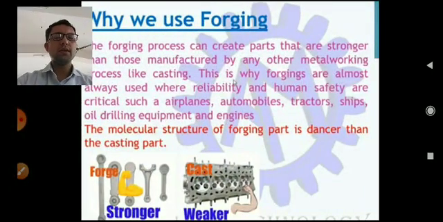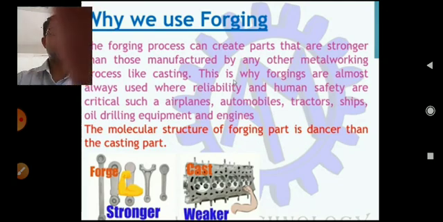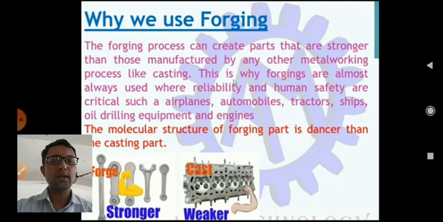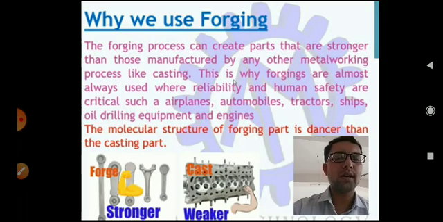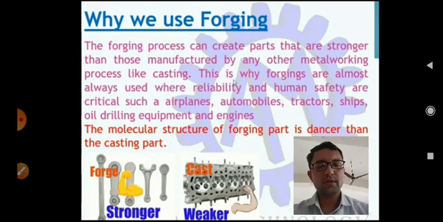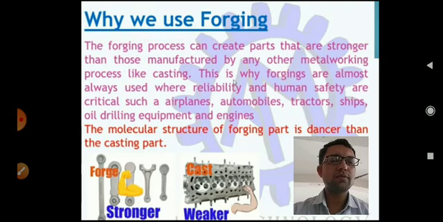Okay, why should we use forging? Now, if you see, the forging process can create parts that are stronger than those manufactured by any other metalworking process. Sometimes in interviews or other exams, someone asks you why we use forging. So the reason behind using forging is that it will give stronger parts